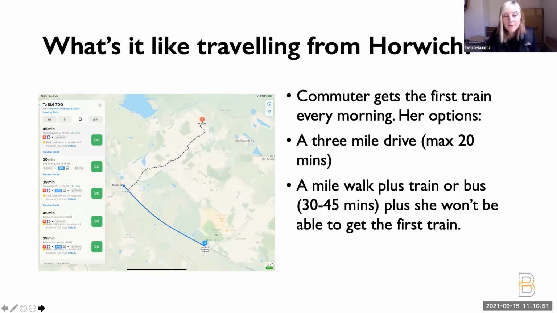But if she wants to avoid driving, she's faced with a reasonably long walk and a bus or a train, and the penalty is that in each direction you're looking at 30 minutes, which just makes her journey too long for her to comprehend doing it by public transport. She'd love to cycle, but she thinks it's unsafe. Similarly,